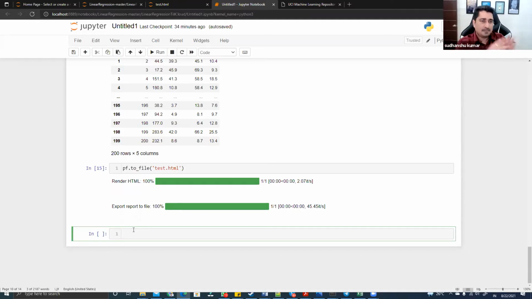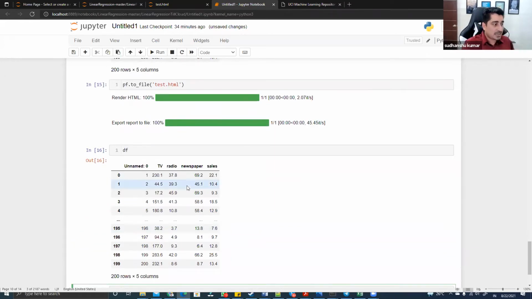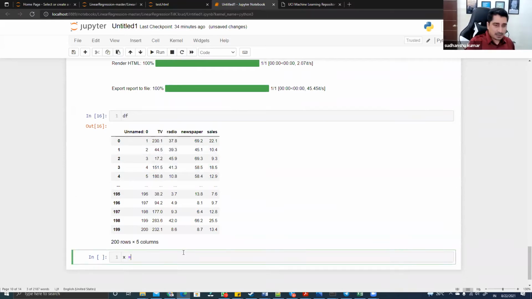That is fine. But as we are trying to build a very first model in our very first class of practical things in machine learning, maybe we can go ahead with the basic one. So this is my data set. Maybe I'll select just the TV and sales columns, and then based out of that, I can build a model. So here, X column wise, I can select data frame